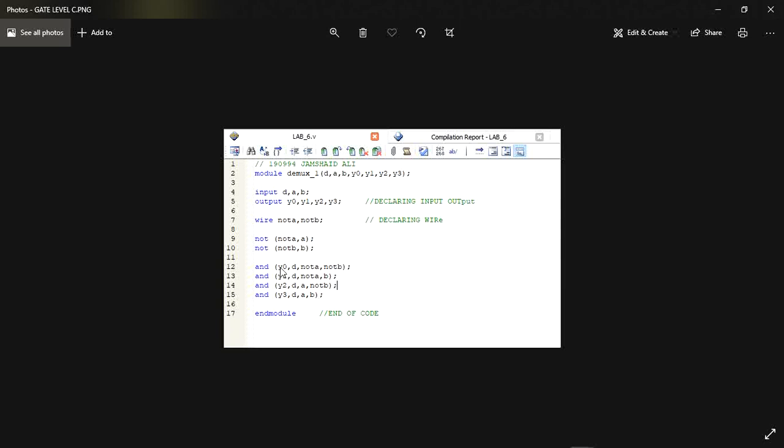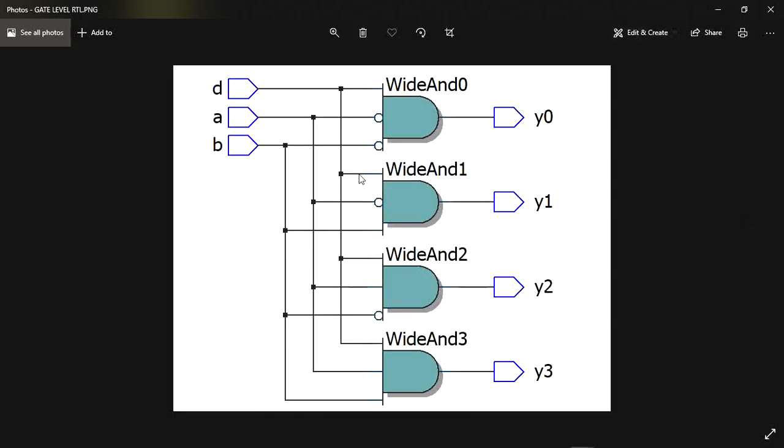You can see here I use the AND gate operations, giving all the inputs, outputs and selection lines, and at last end the module. So you can clarify easily by the output waveform of the gate level implementation. Now you can see here this is the RTL view of our gate level implementation. Here we have 2 inputs and 3 inputs and some other selection lines, in some cases of multiplexer and demultiplexer, with or without NOT gates.